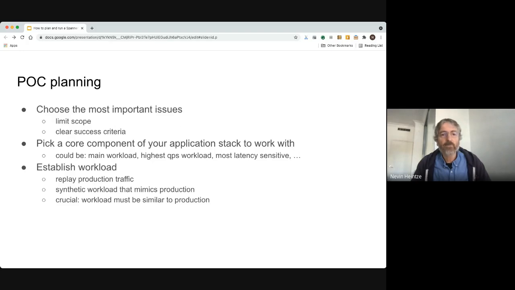Okay, a couple of high-level comments on planning a POC. It's really important to establish a clear scope for a POC. Don't try to address all issues or solve all problems. It's critical to limit the scope to just several important issues, maybe 3 or 4 issues. And of course, having well-defined and realistic success criteria is important. Now, usually you want to pick a core component of your application stack as the focus of the POC. It could be your main workload, maybe your highest QPS workload, or the workload you're most concerned about for one reason or another. And that drives the